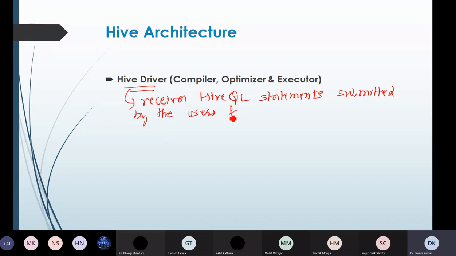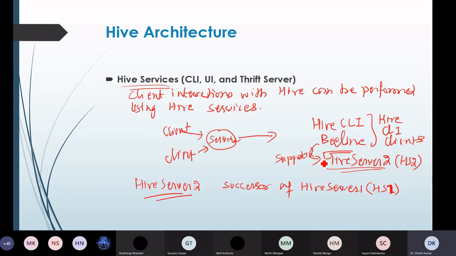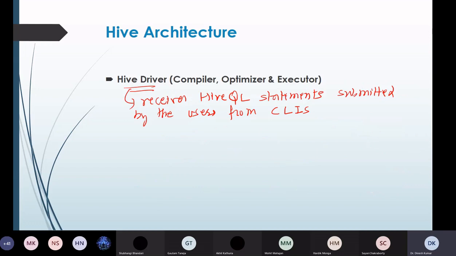From where? From the CLIs and user interfaces. Through these interfaces, through these shells, the user will submit their queries, and Hive drivers will receive those queries.